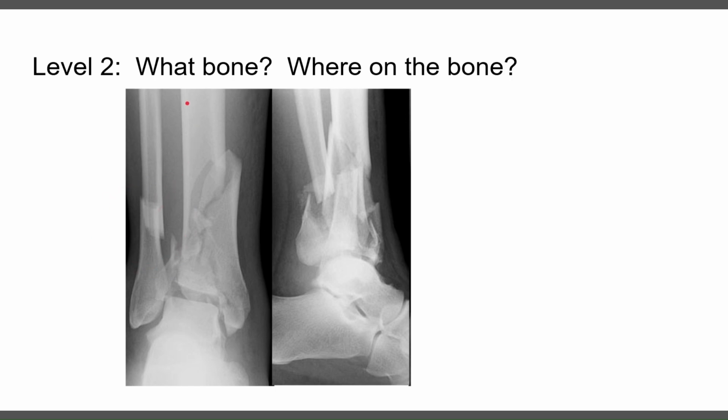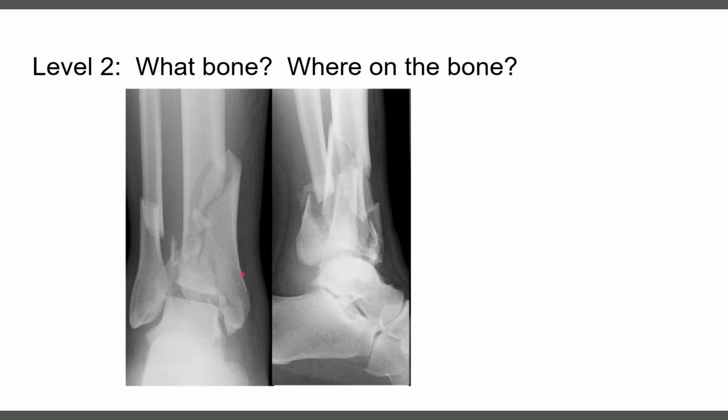And running our eyes along the cortices of the tibia, definitely disruptions here, disruptions here, disruptions here, and disruptions along the medullary part of the fracture. You want to be systematic about it so when there are more subtle findings, you'll be able to pick them up. Now, like we said, this is a distal tibia fracture, but there's a special case because the fracture goes